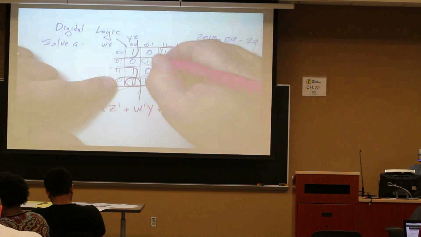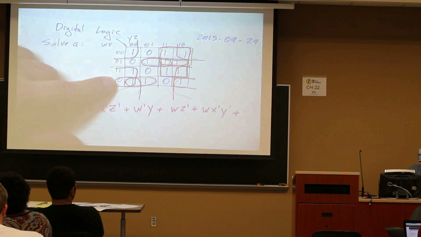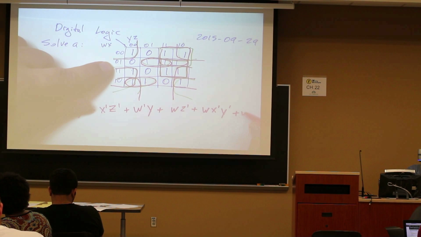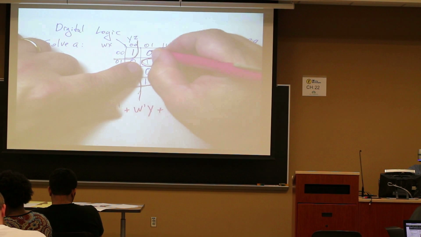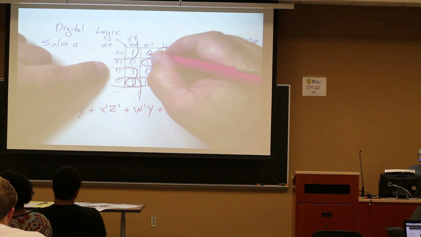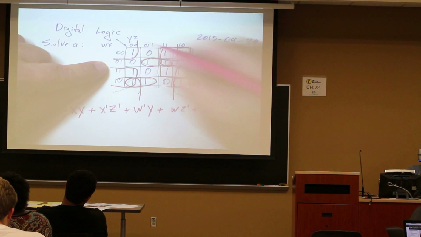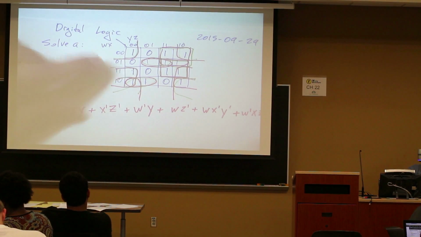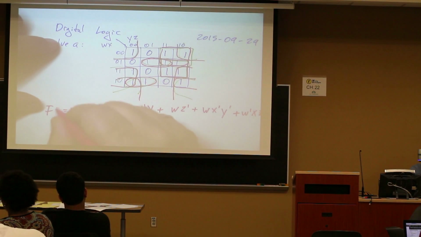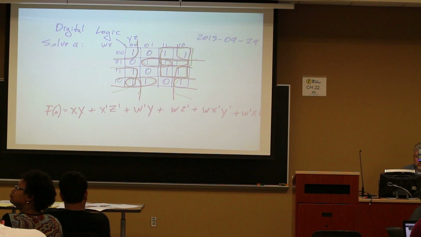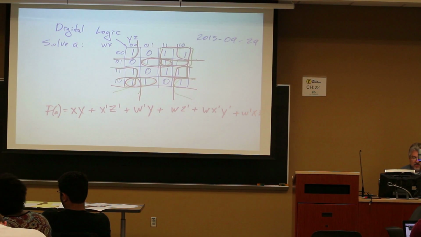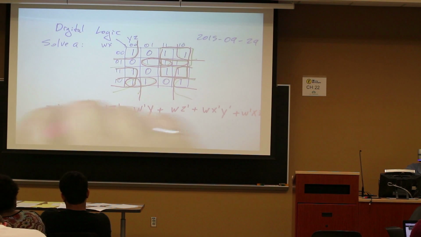And then finally, to grab this one, it's going to be W prime x, and then these 2 columns are going to be such that it is Z. So your function for the character A is going to be equal to this set of equations, 1, 2, 3,